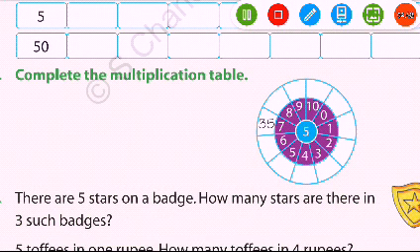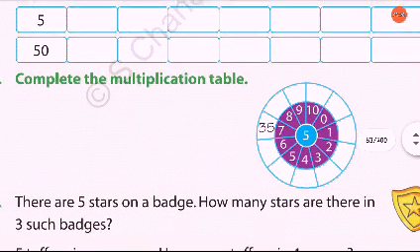Complete the multiplication table. So this question you have done before also. Okay, the question you have done before, same as it is, I am explaining it here only. So you can see 5 we have to multiply by 0, 1, 2, 3, 4, 5, 6, all the numbers from 0 to 10. Okay, so first we can do here only. So when you draw in copy you have to draw a proper circle and make the numbers like this, and write numbers very neatly. Okay, so we can do here only.